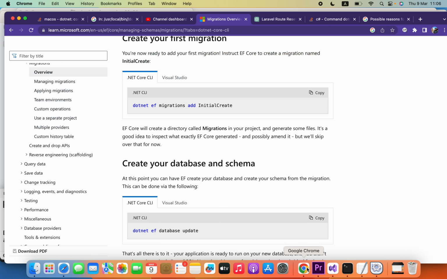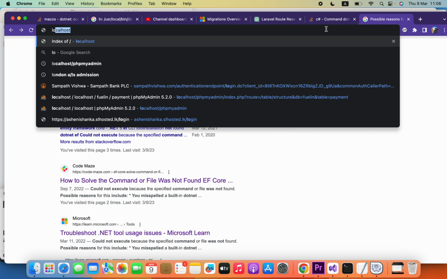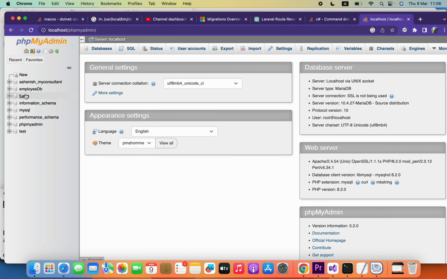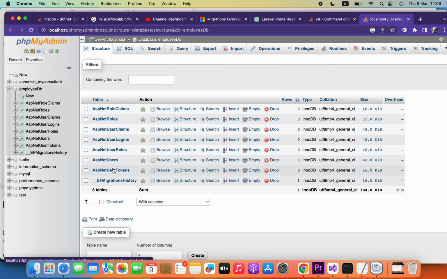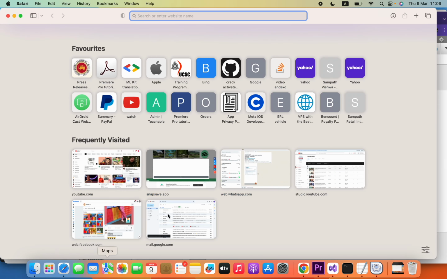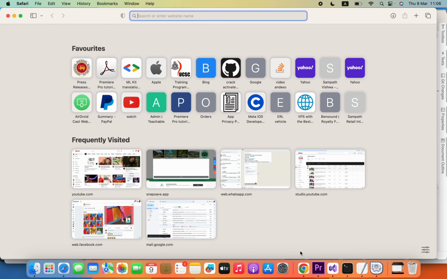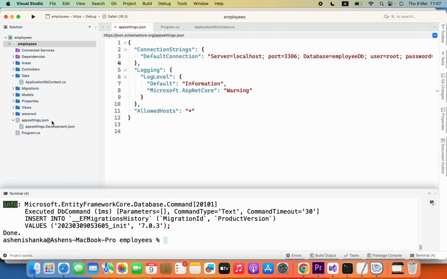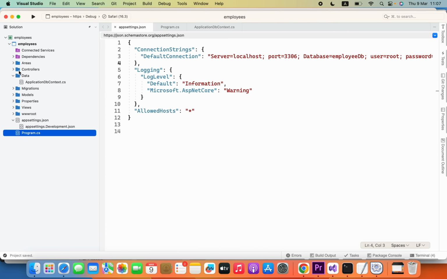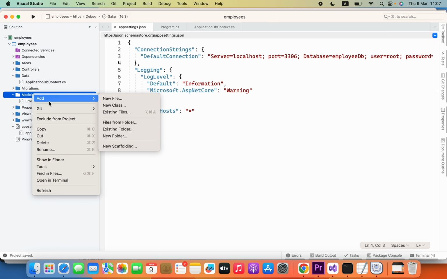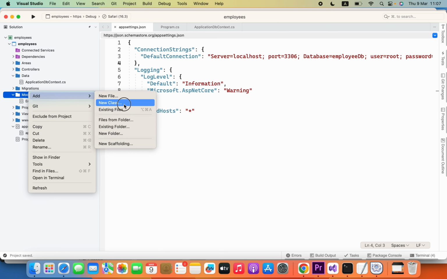Okay, now we can go ahead and check our phpMyAdmin, localhost /phpMyAdmin. Here we have our employee DB now, and it should also have these tables. Okay, now the next thing I will do, just create a new model. In this models folder we can go ahead and create a model. Click add new class, right click this models, click add new class,